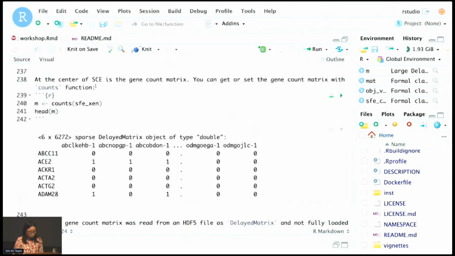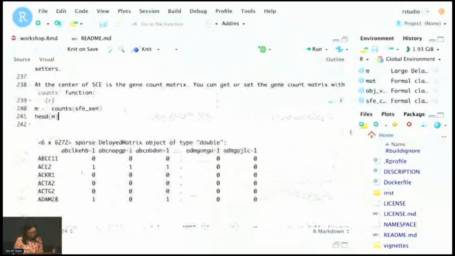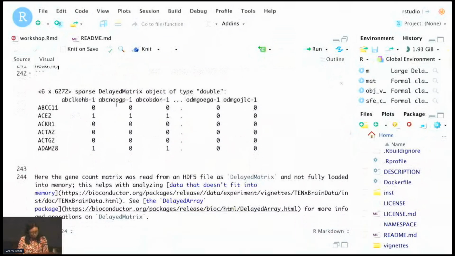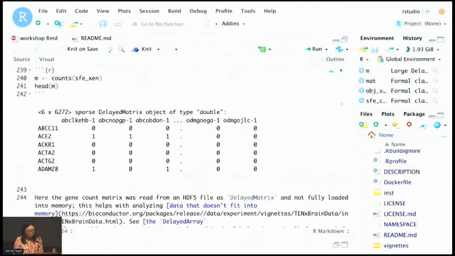In SCE we have the gene count matrix, and the raw counts, like the raw UMI or molecule counts, can be gotten or set with the counts getter or setter. Here this is the Xenium data, and this is what the raw counts matrix looks like.